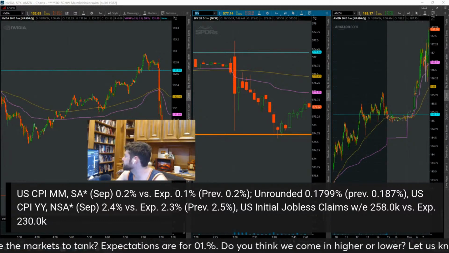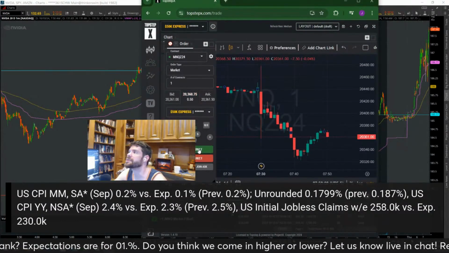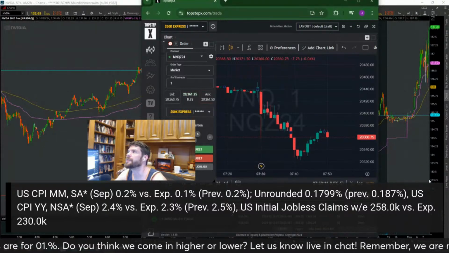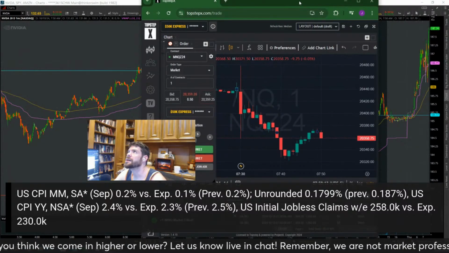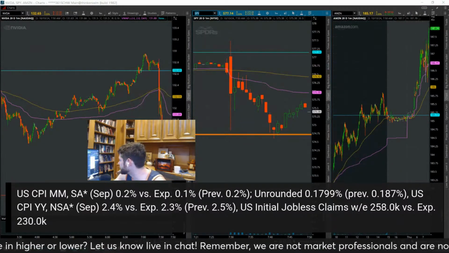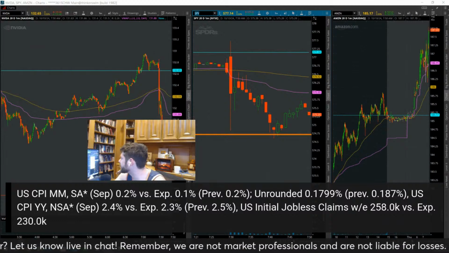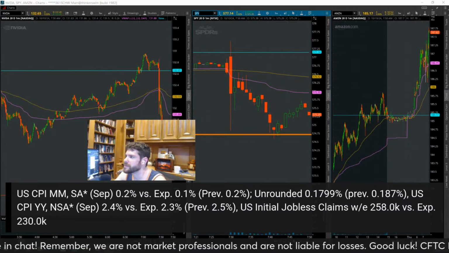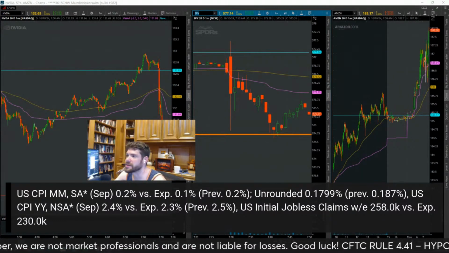So again, we are in a little trade here. We just made $30. We're going to take a little bit more off. We're up about $45 from this short. So far so good. We're up a bit today, about $70 right now to start the morning. But yeah, the next CPI report is going to be